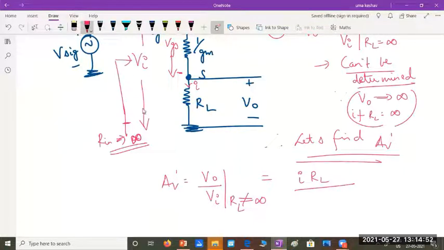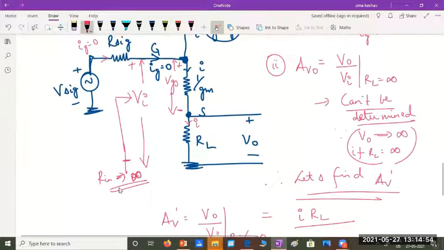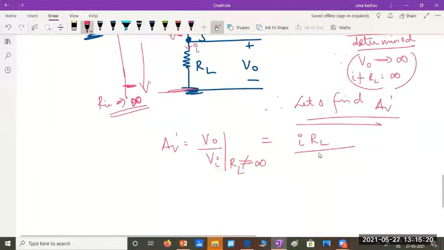And can you tell me what is the value of input voltage VI in terms of the current I? See, VI is from gate to ground. From here to here, it is VI. And the current which starts here is I. It's the same current here, but the total resistance here is 1 by Gm plus RL. So what can I write VI as? Can I write it as I into (1 by Gm plus RL)? Yes or no?